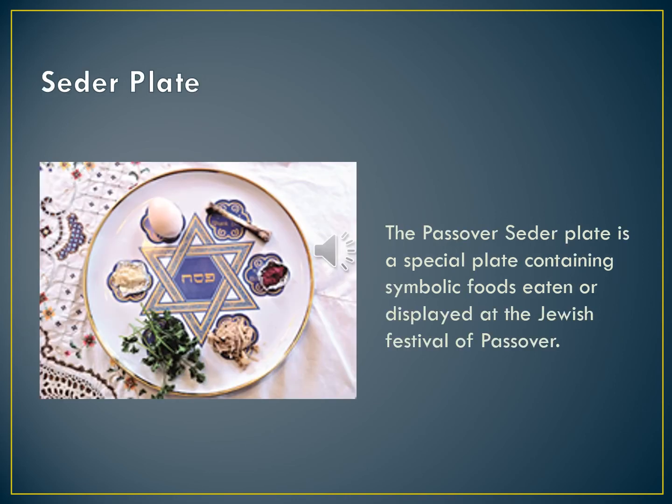This, boys and girls, is the Seder Plate. The Passover Seder Plate is a special plate containing symbolic foods eaten or displayed at the Jewish festival of Passover. We will be doing some more learning on this, but for now I just wanted to tell you that each